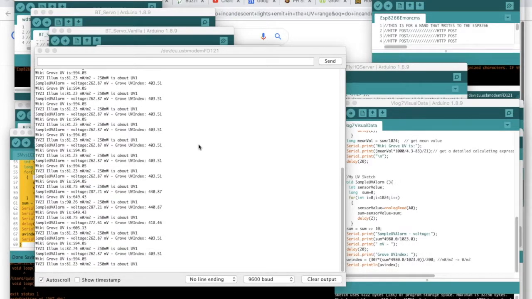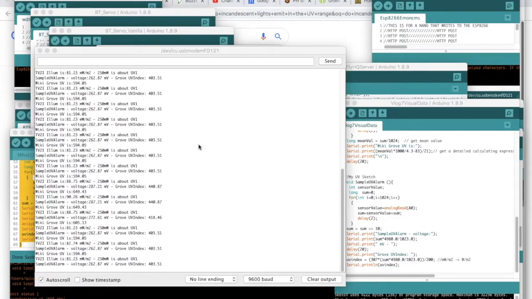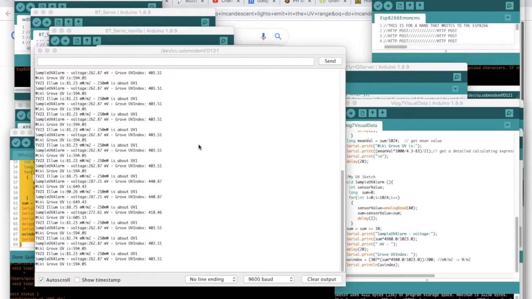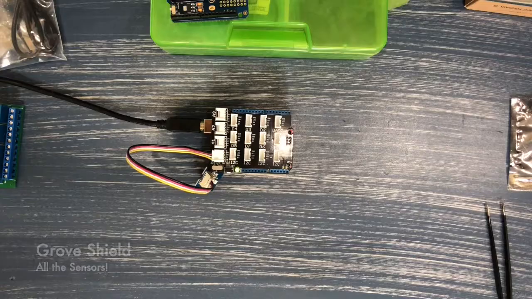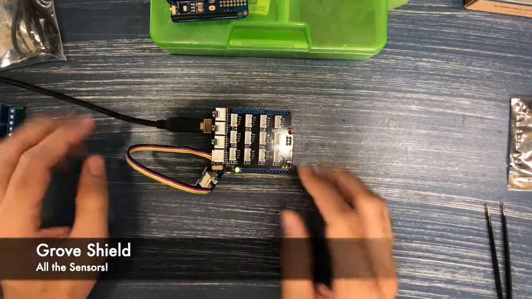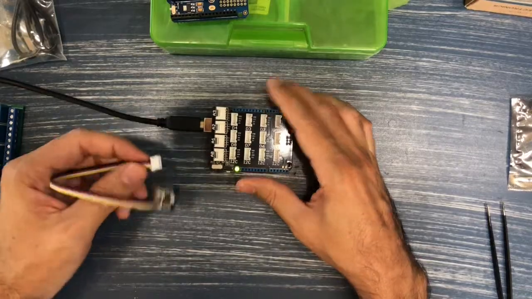outside exposure. So this jumps from 403 to 440, and then back down to 418 and finally back down to 403. So you can see the data changing when we take this shield with the sensor outside into the direct sun as compared to inside. Alright, so this is the Grove Shield, and as you can see, you have a lot